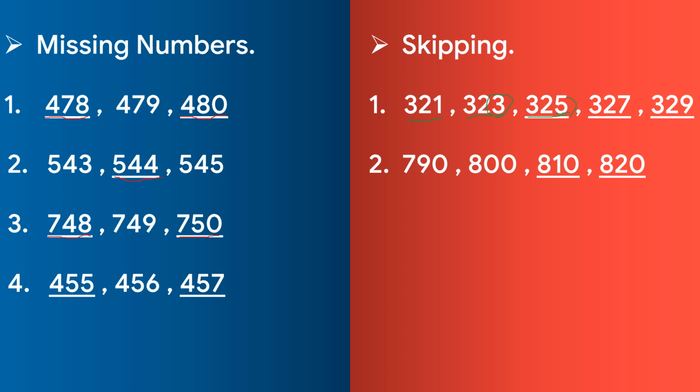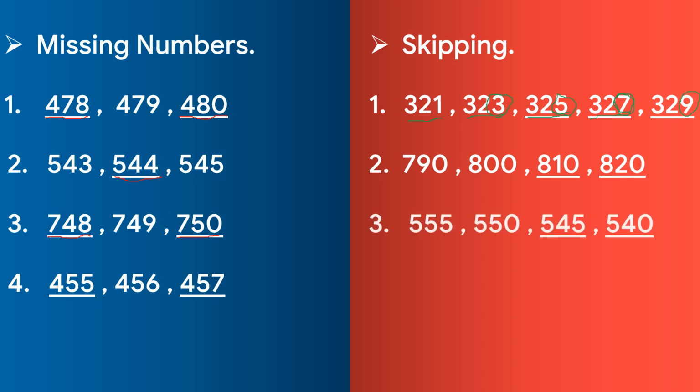Again you just add 2 to 5. So 5 plus 2 is 7. You write 7 in the ones place, and the first two digits are the same. So your answer is 327. Again just add 2 to the 7. So 7 plus 2 is 9, and the first two digits of the hundreds place and the tens place you put as they are. So your next number is 329.